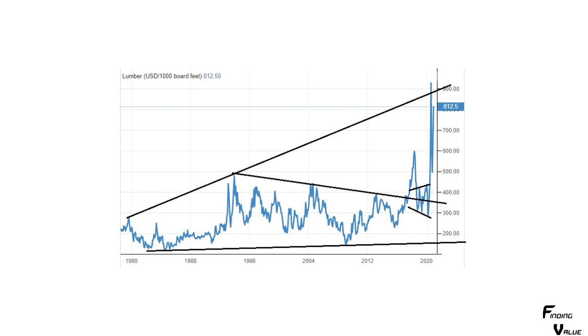Here's lumber. Look at lumber. My God. Look at this chart pattern. I drew this line. It's a big wedge pattern. Came all the way up. When lumber was $100 and something down here, you think people were going to say, oh, it's going to go to 900? They'd say, that's never going to happen. Lumber's not going to go to $900. It is. Lumber is going to go to $900 when you're in an expansion phase of real estate and you've got a housing shortage. And look, it's short. There it is. There's more confluence to the housing starts and to the commodities boom.